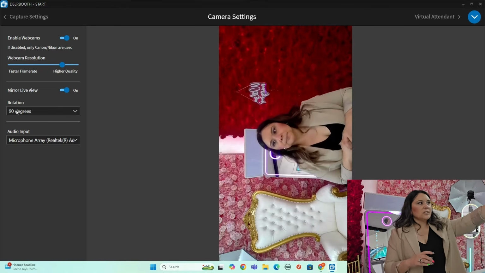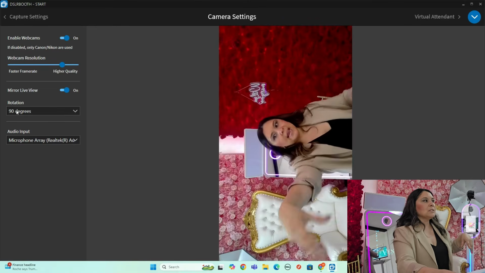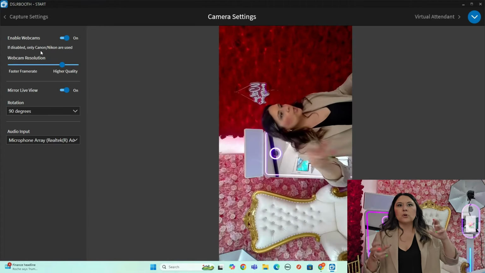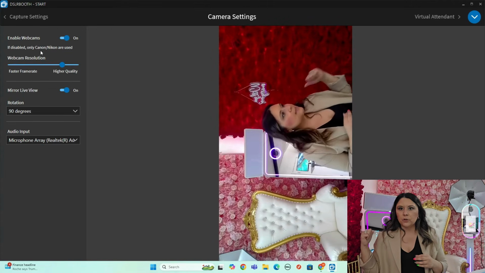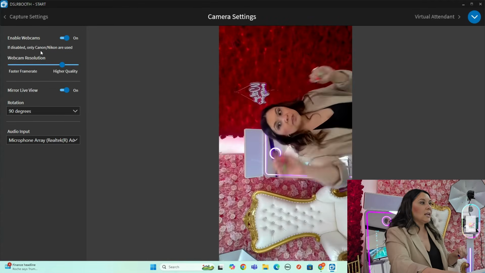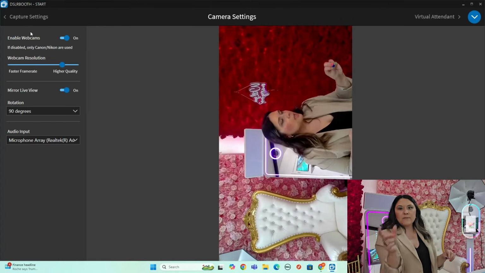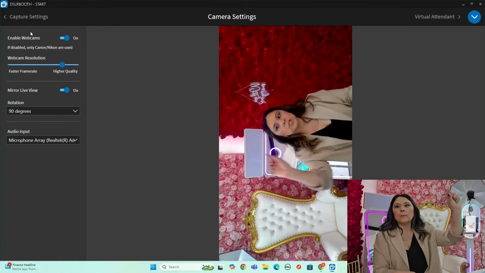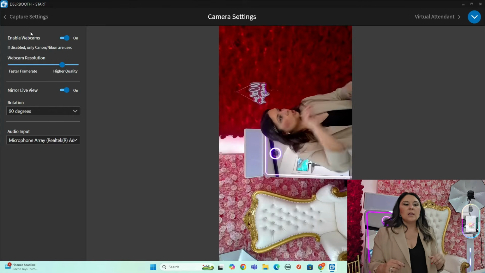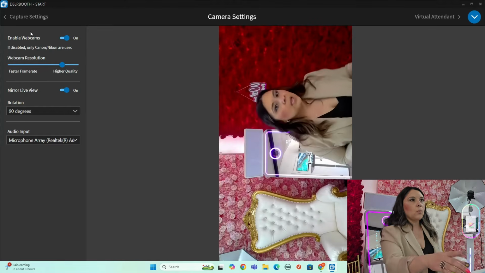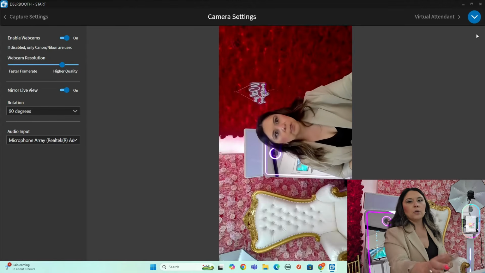As far as where it reads enable webcams, it's because I'm using my computer. If you have your camera connected to your photo booth, this part right here should read your camera. If you have a Canon Rebel T7, it should read Canon Rebel T7. If you need help with that, then you probably need to get a one-on-one with Mel, and you know where to go, eventpartyco.com, or you can call